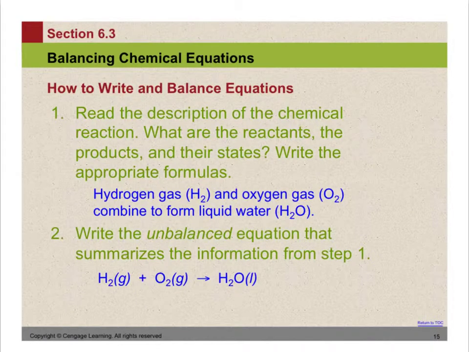So these are the general steps on how to balance an equation. First, read the description. What are the reactants, what are the products, and what are the states? So we say hydrogen gas, we know that's diatomic, so it's H2, and we need a subscript g because it's a gas. Same thing with oxygen, and if it forms liquid water, water we know is H2O, and liquid gets a subscript l. So now we write the unbalanced equation,